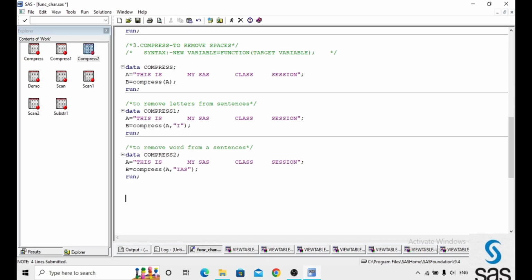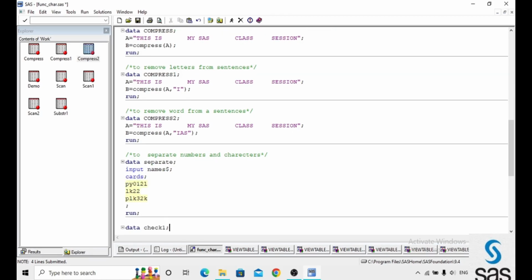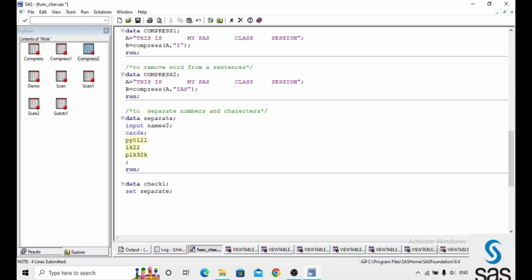We can separate alphabets and numbers from a sentence also. And one thing is clear here, the sentence is in the character data type only. To explain that, I am writing one code dataset here. I named the dataset separate and created a names variable with numbers and alphabets in it. Now I named the dataset check1. It's separate. I created another variable c here, and k1 is a new variable, and compress is a function, and names is our target variable,